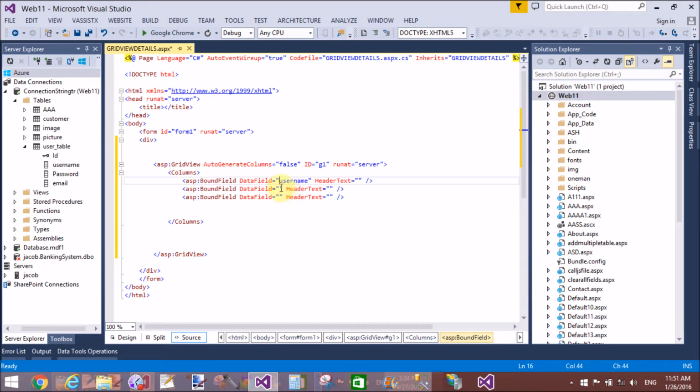In the data field, pass the same name, that is username, and the table column, that is username, both are the same. And the header text you can take according to you. I mean to say the header text is user defined, but the data field must match the table column, or you can say the table field. So the header texts are id, username, password and email. Okay,